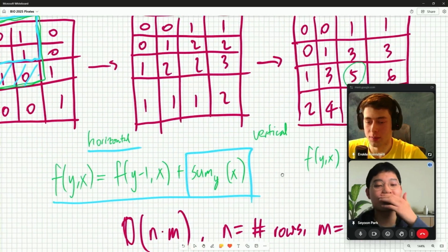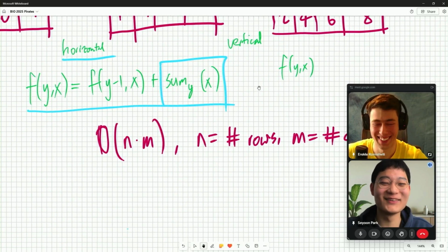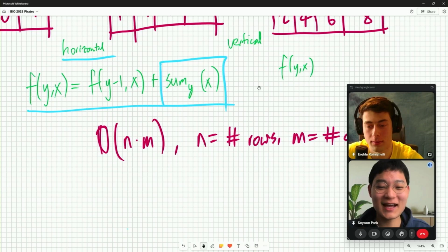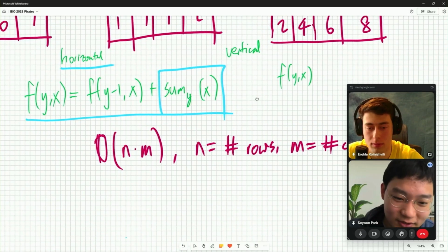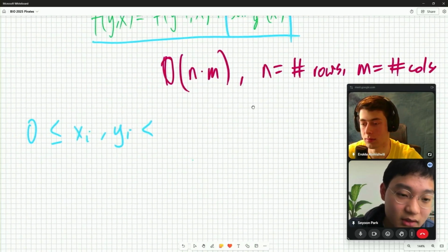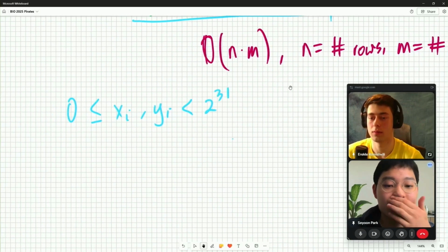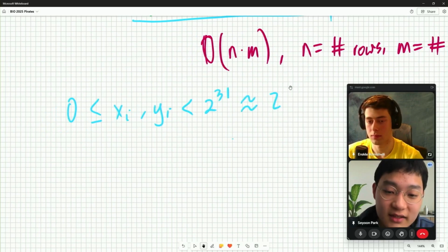It's useful because in the problem we're given a grid like this, and a rectangular area, and we have to count how many points are in there. But we can't do this naively because, as Erekli has already mentioned, the coordinates are between 0 and 2 to the 31, which is around 2e9.